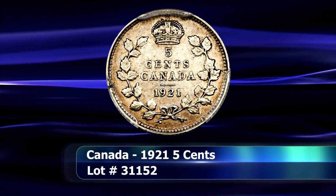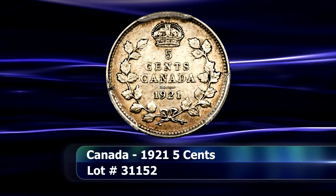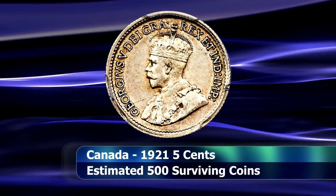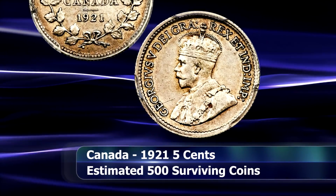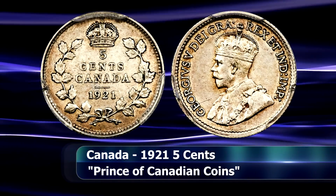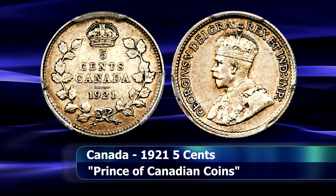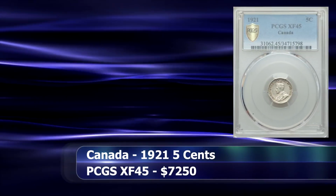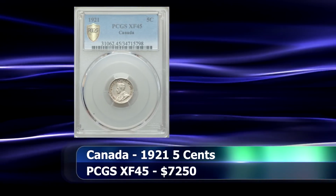Along with coins such as the 1911 patent dollars, the 1936 dot coins, and the 50 cent from the same year, the 1921 Canadian nickel is one of the most desirable of all Canadian coins today. The coin's moniker as the Prince of Canadian coins is a sure testament to that status. Although an initial mintage of well over 2.5 million of these were struck, a mass melting of these silver coins took place at the Ottawa Mint, and today fewer than 500 of these are thought to exist. PCGS gave the coin a grade of XF45, which saw it earn a closing price of